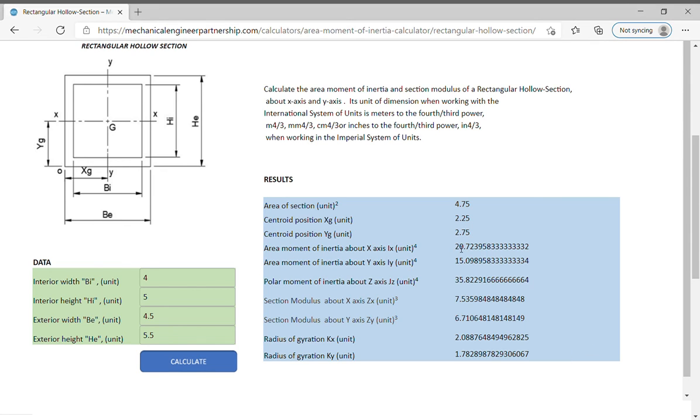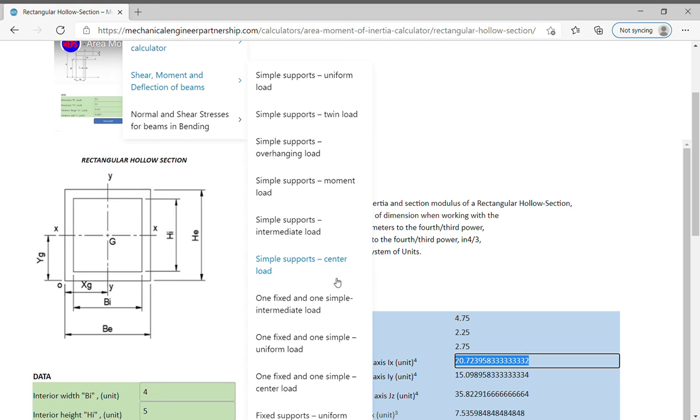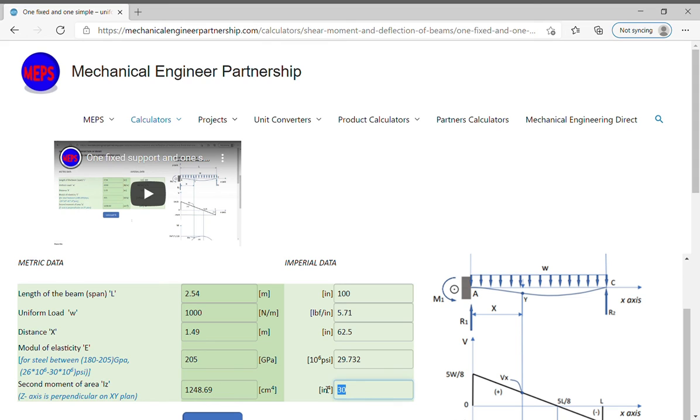In this specific case, copy the value and return to the one fixed support and one simple support uniform load, shear moment, and deflection of beam calculator, paste the value of area moment of inertia in the second moment of area cell,